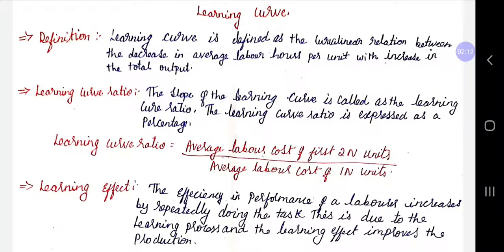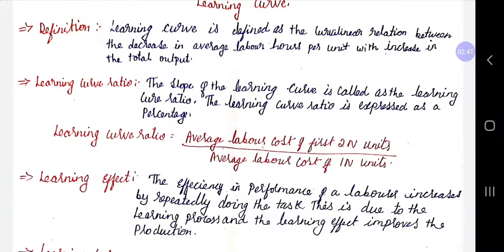As we do it n number of times, the time will keep decreasing. Same thing, when a product is produced the first time, the labor hours will be higher. When he is doing the second, third, fourth, fifth, sixth, seventh products, he will know the techniques of how to do it and will do it smartly. The more the number of units produced, the fewer the labor hours. That is what we are going to study.